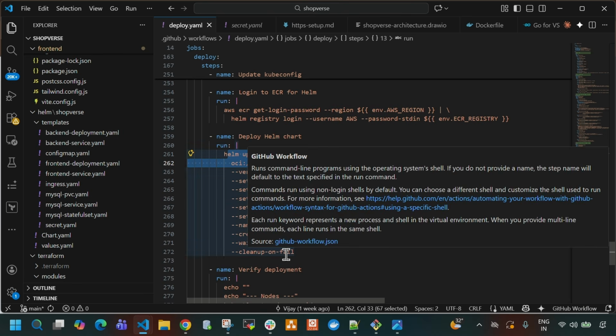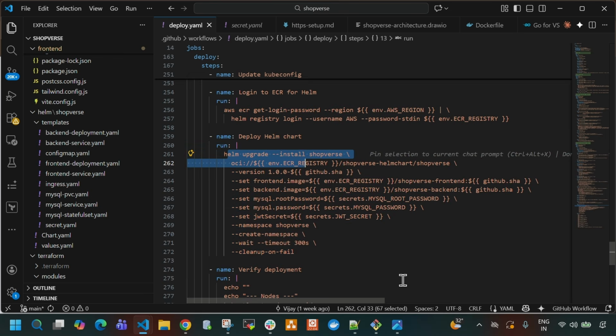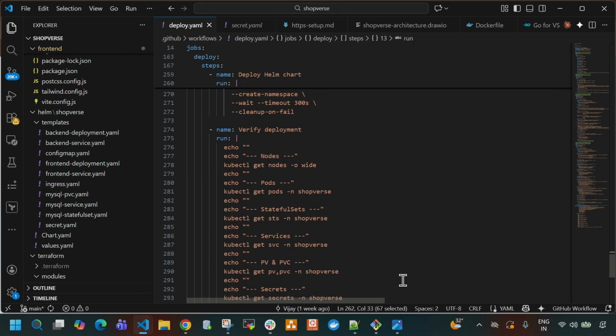We are going to override image tags, MySQL password and JWT secret using the --set flag. We also use --wait with a 300 seconds timeout, so the pipeline waits for all pods to be in ready state. We also use --cleanup-on-fail, which will automatically roll back if anything goes wrong during deployment, guys. Okay. So after the deployment completes, we are going to verify all our resources by running commands like